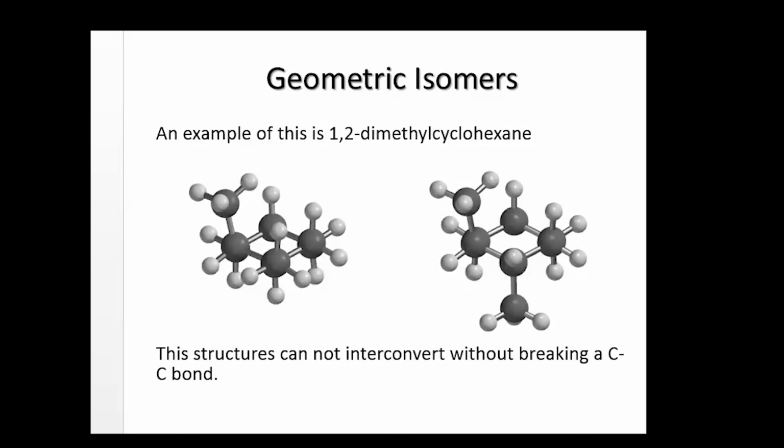This is chapter 2, the second lecture. We're beginning with geometric isomers, and this will wrap up our discussion of isomers in chapter 2. An example of geometric isomers would be